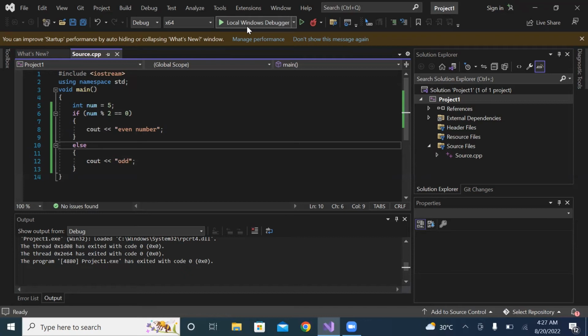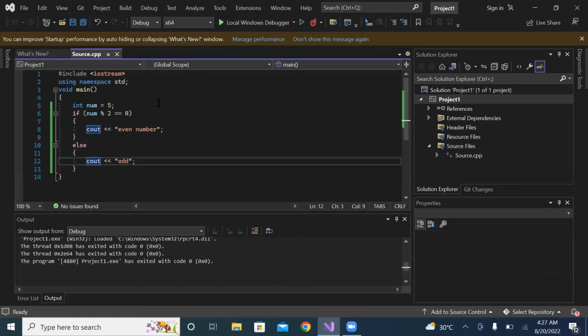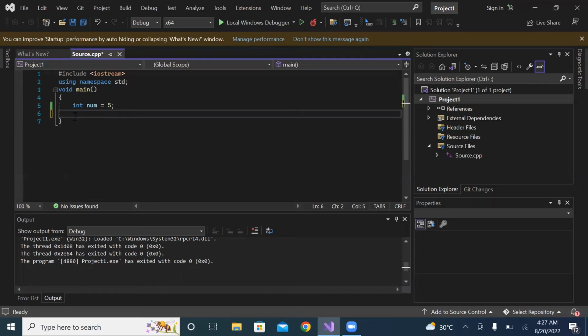Let's say there is a condition which has multiple cases, or let's say there are multiple conditions. For example, I have to write a program that if the number is positive, we have to print positive. If the number is negative with a minus sign, we have to print negative. And if the number is zero, we have to print neutral. Now there are multiple conditions. We can write this program either by using multiple if statements, like I'm going to do here,